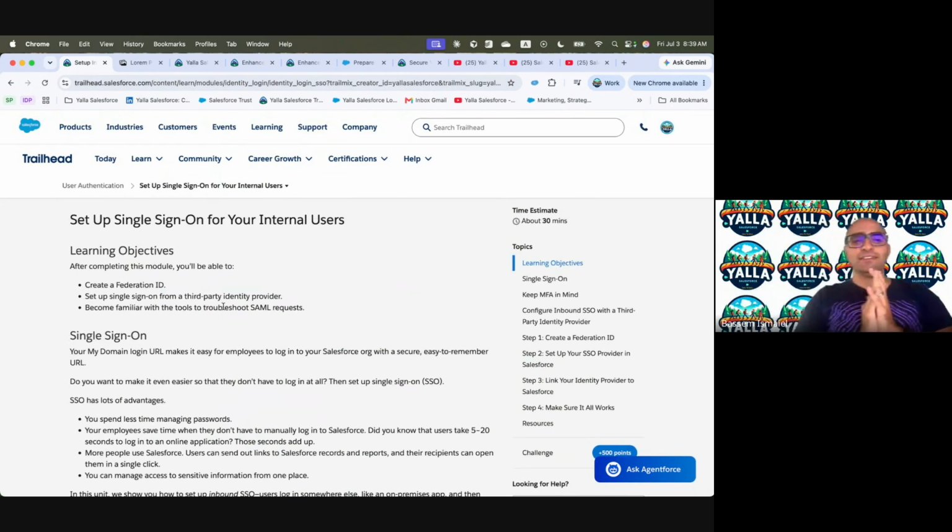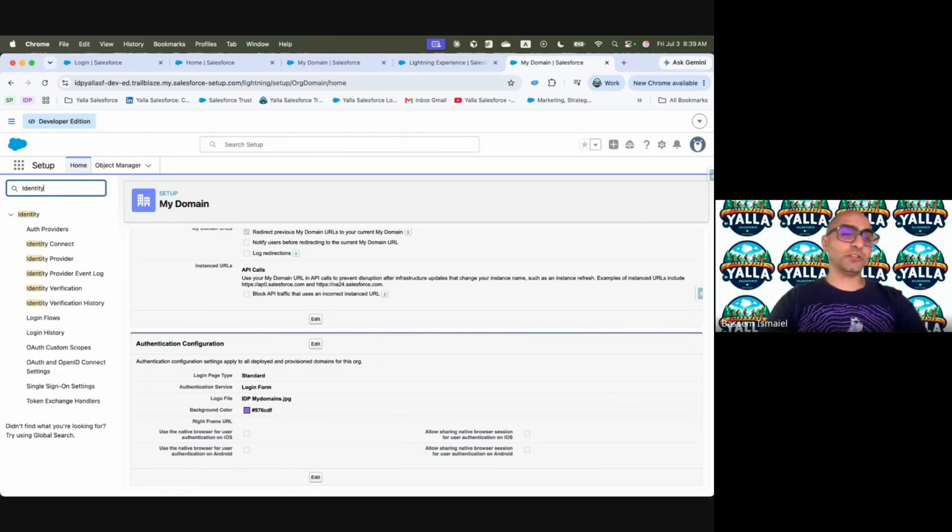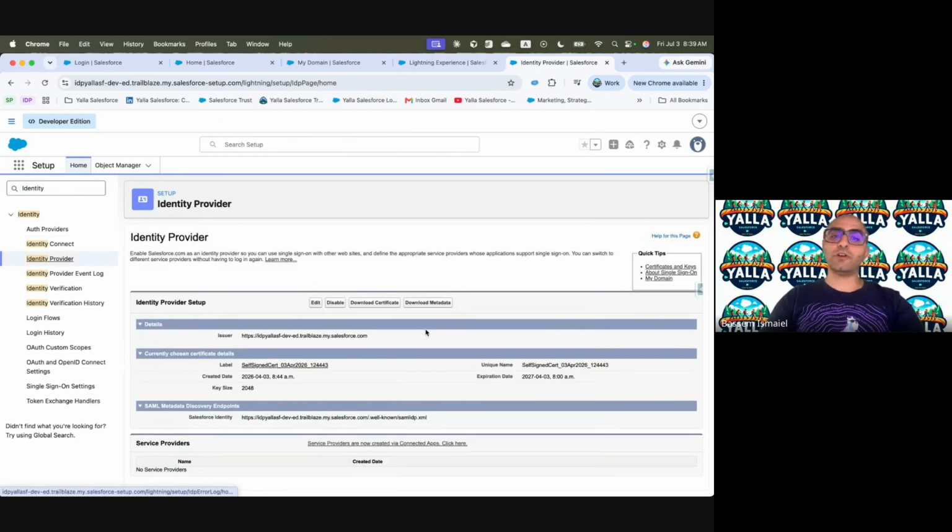All right. Back to the single sign-on. We were in here. We said we changed my domain in the identity provider. All we are doing in the identity provider is just writing identity provider. Within the identity provider, you have the option to download the certificate and download the metadata. Download metadata is just what is this org, what's all the configuration that we will go into the service provider and import the metadata rather than filling everything about the identity provider manually. Okay, so download metadata is just making your life easier.